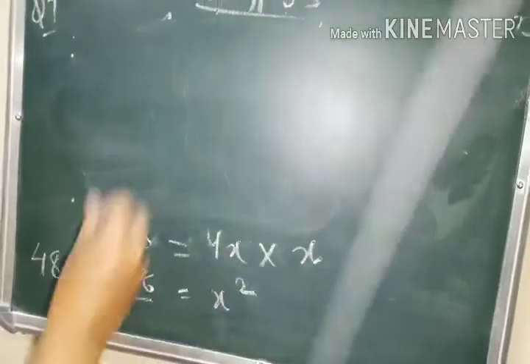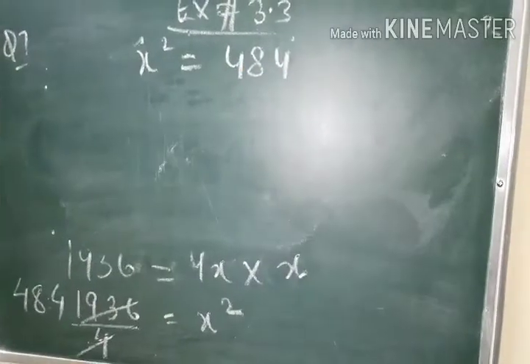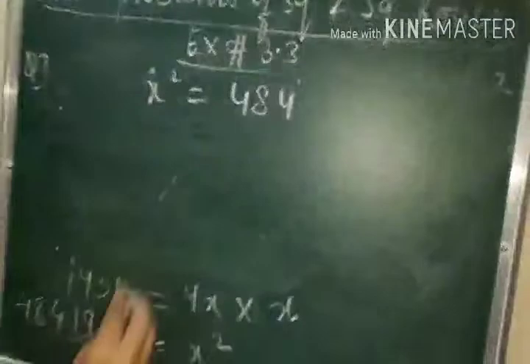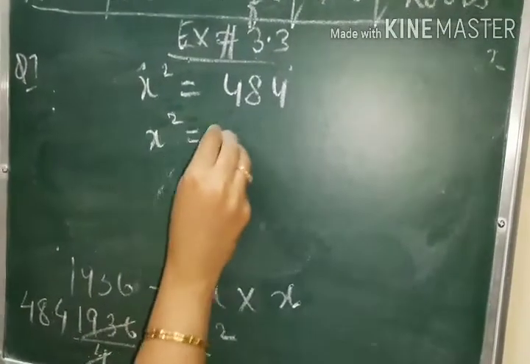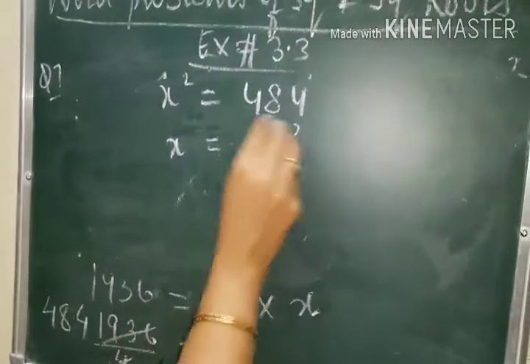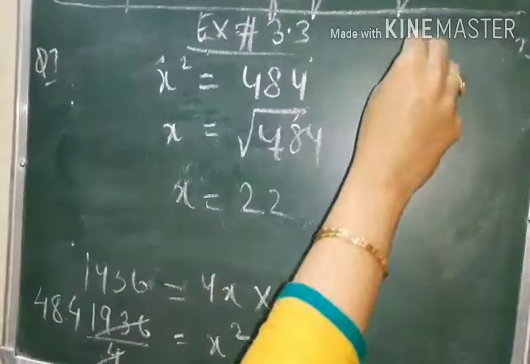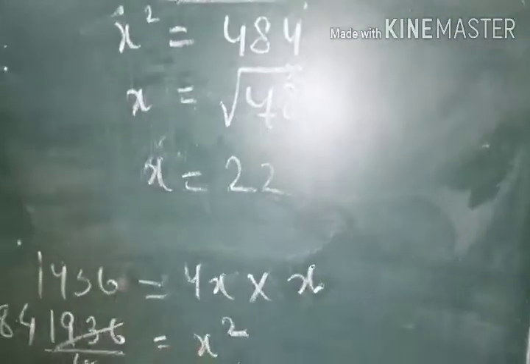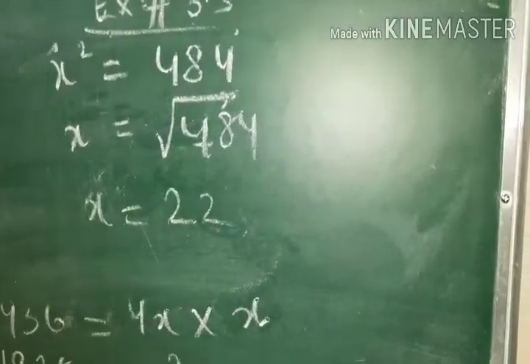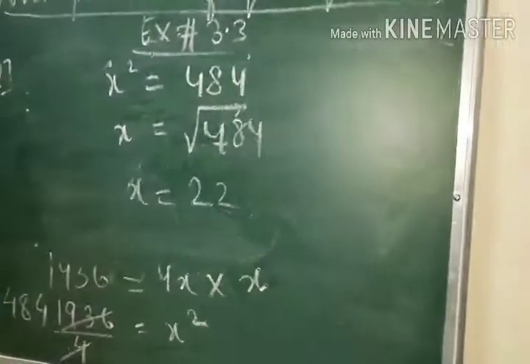That means x square is 484. Now I gave you the list in which 484 was the square of 22. So we can write it straight away as x square equal to, or simply write root 484, and 484's root is 22. Or you can find it by prime factorization also, that is your choice. Till 30 I have told you just learn the squares. So just by this you can write that x equal to 22. You can show the solution also.